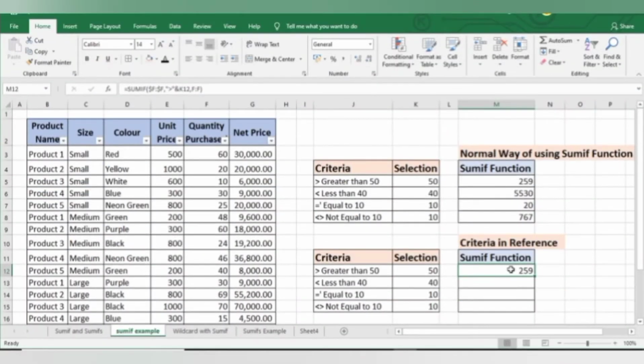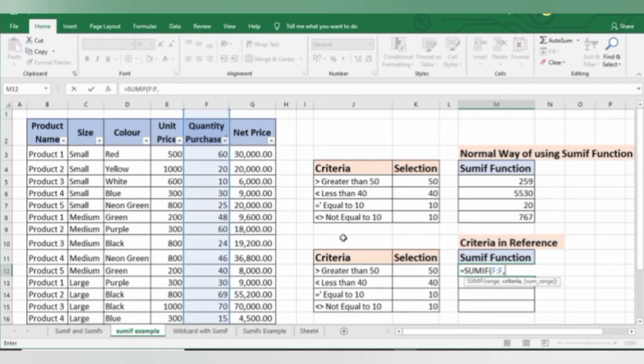If I take my criteria from a reference, then it would be easy to do that. Again, if I use SUMIF formula, equal to SUMIF and then my range is my quantity purchased column or F3 to F22 range, then comma in criteria.